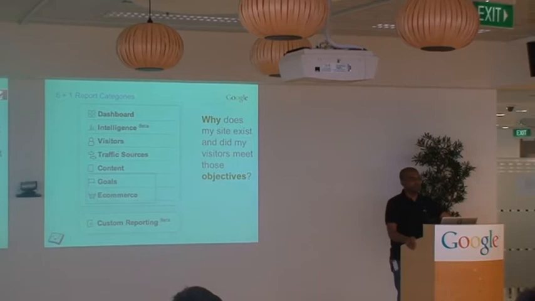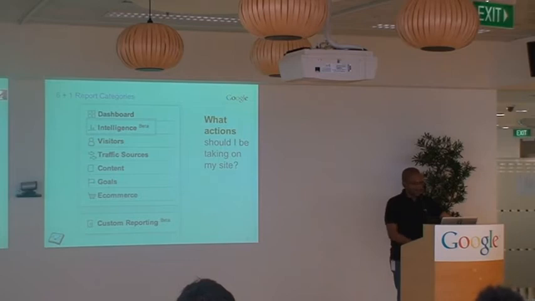But you can also track those micro goals as well. So you want somebody spending 5 minutes on your website, that could be a goal. You want somebody clicking out to your Twitter feed, that could be a goal. You want somebody clicking out to your Facebook group, that could be a goal. And so these are all things you should be tracking. And the good thing about Google Analytics is it can tell you every time these objectives are met. And more importantly, it can tell you the types of visitors who are triggering these desired actions. And then you can use that information to try and leverage those visitors even more.